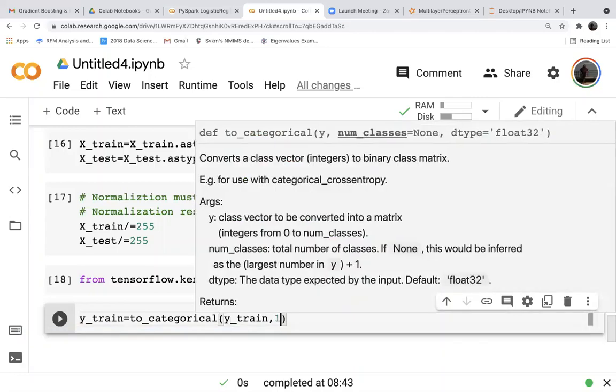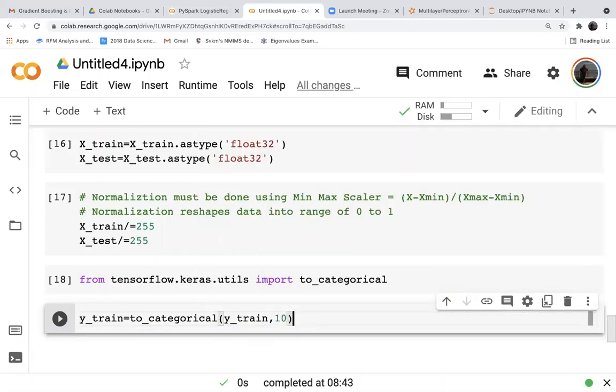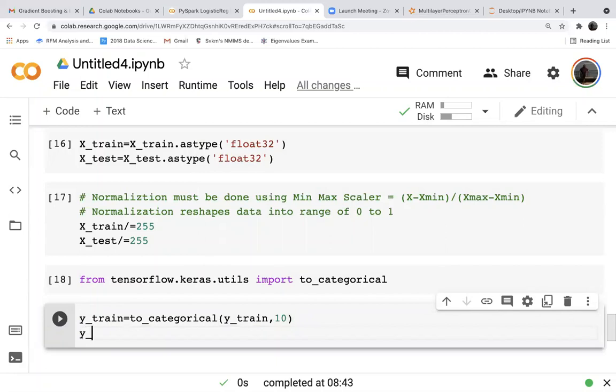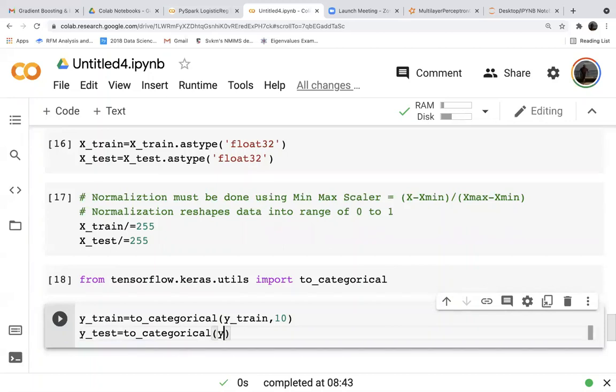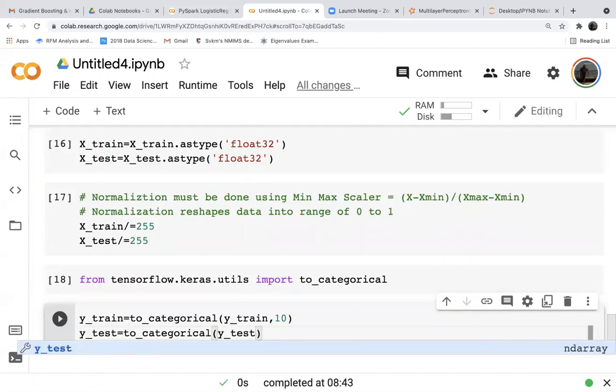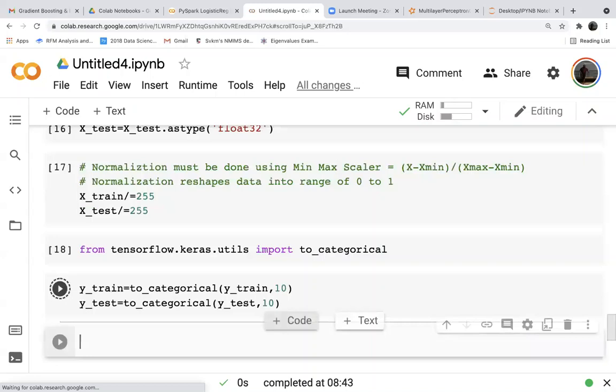How many classes are we predicting? 10 classes, 0 to 9, right? Similarly, y_test is equal to to_categorical(y_test). We are predicting 10 classes, 0 to 9. So we have converted our normal labels into categorical labels.